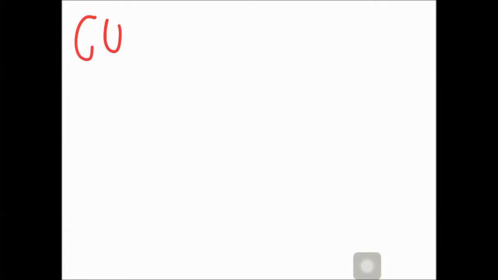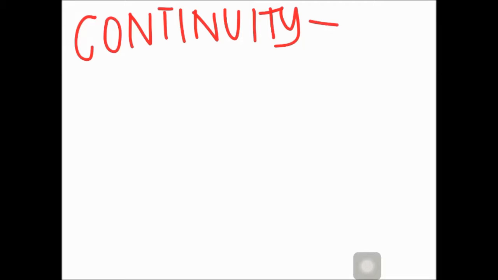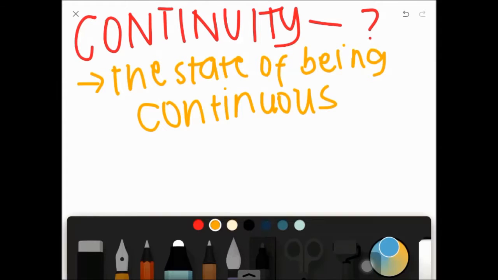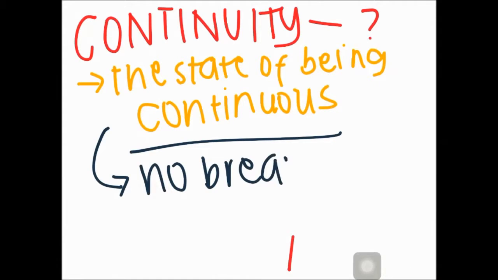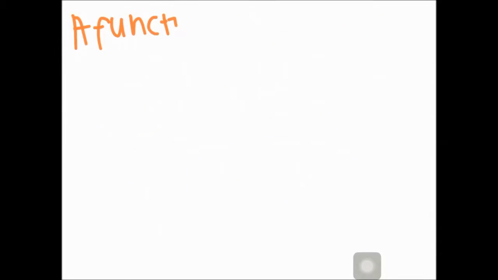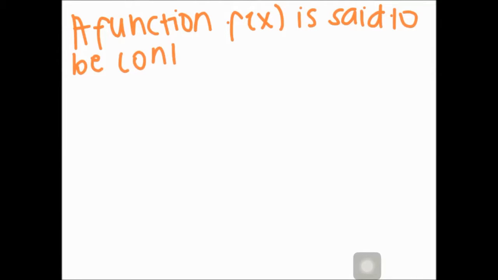To start off, let us first recall the core topic of this lesson: continuity. What is continuity? It is defined as a state of being continuous, and continuous is characterized to have no break or no interruption. If we apply this in functions, a function f of x is said to be continuous at x equals c